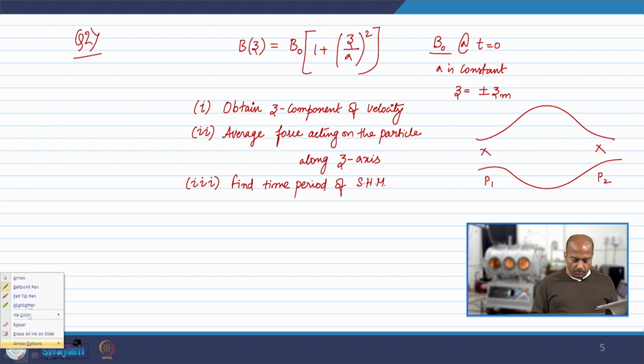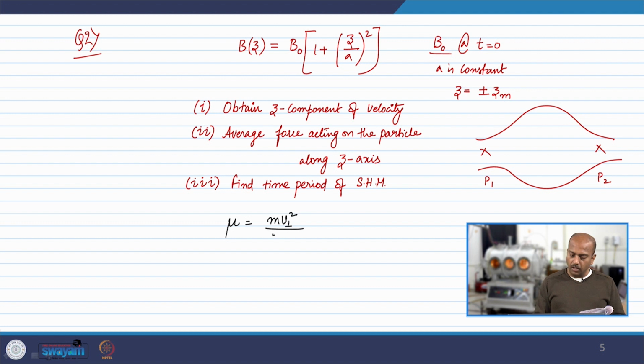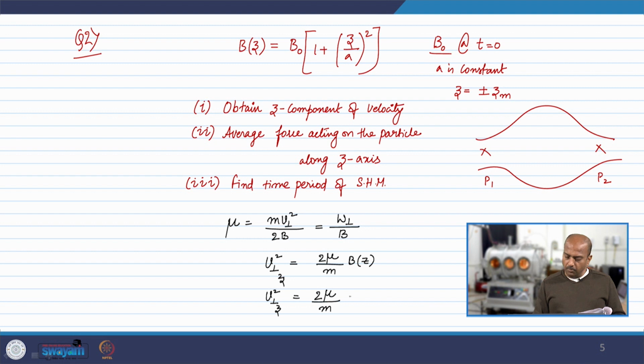We can define the magnetic moment mu as m v perpendicular squared by 2B, or W perpendicular by B. So from this, v perpendicular along z squared is 2 mu by m times B of z, and using the configuration that we have here, we can write 2 mu by m times B naught into (1 plus